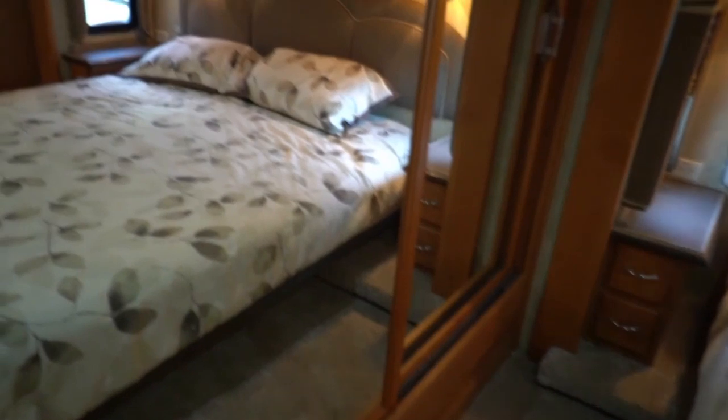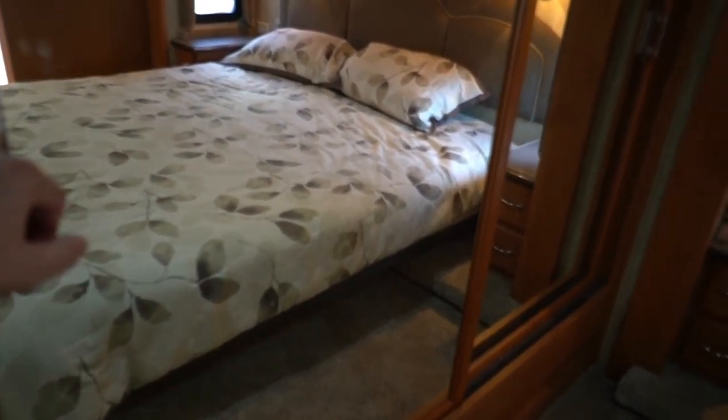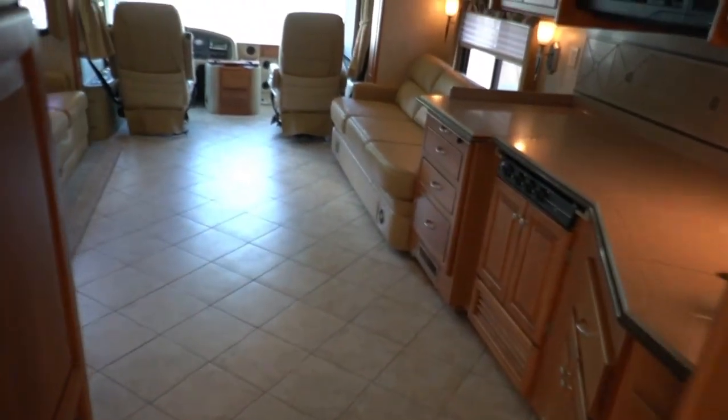And no broken glass. And what you can take from this, folks, the fact there's no broken glass in the mirror, because the further back you are, the more vibrations there are. The fact that there's no stress cracks on the tile or the Corian countertops means you've got a good riding motorhome. Because obviously after 66,000 miles, if it has some bad vibrations or something like that, you'd have some stress cracks. But none of that. I mean, this is a nice